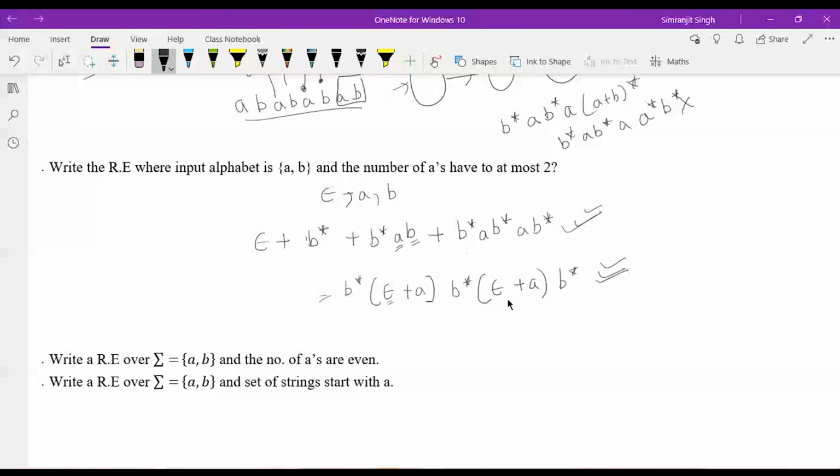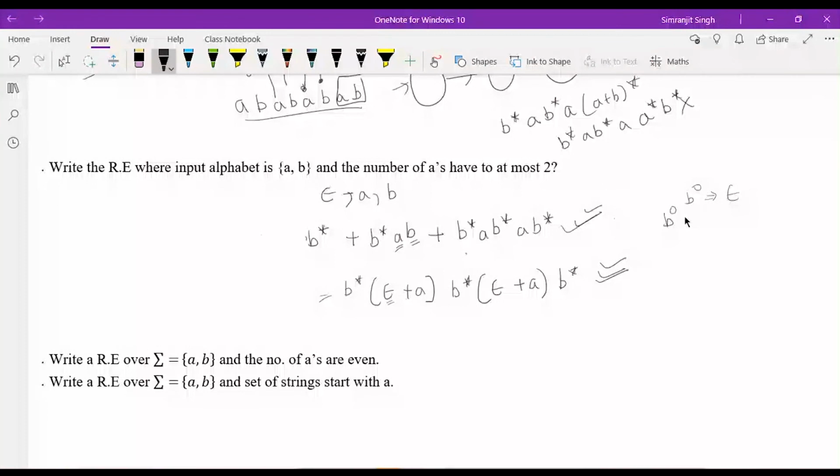Sir, in Fanindra's expression, if we remove the epsilon, then it will be valid because already in B star epsilon will be included, right? Yeah, that is also fine. If I just write a B star, B raised to the power, that also works. Is it valid or not? Yes, it is valid, because this is plus, so b raised to the power of 0 gives you epsilon. That is correct.